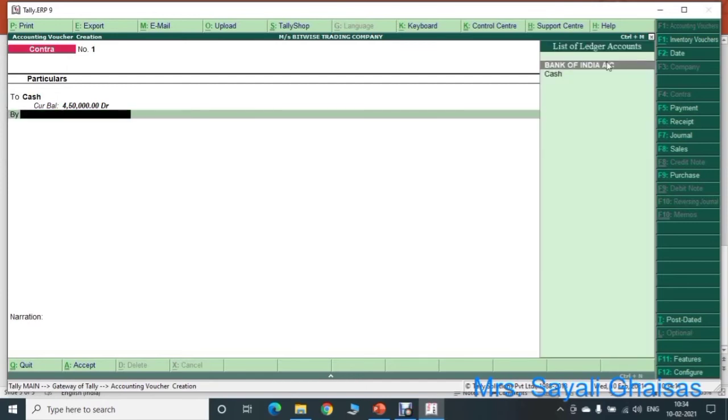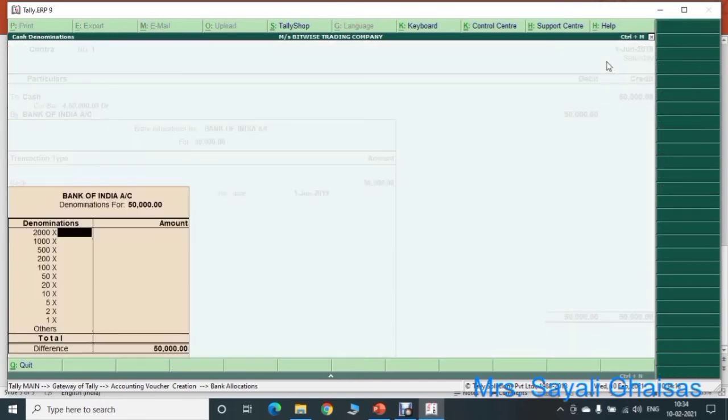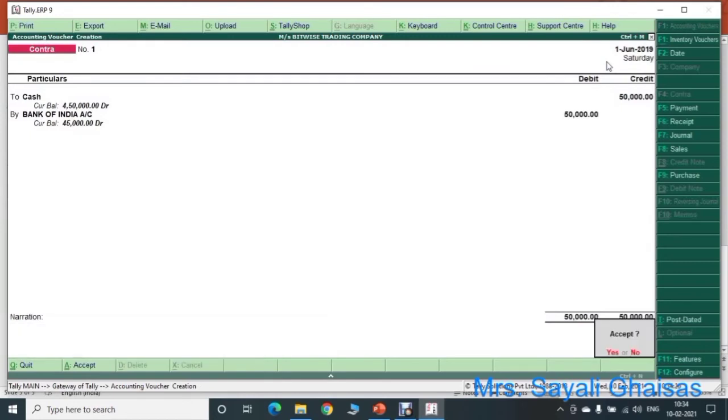So select from here Bank of India account. Press enter key. Again enter.